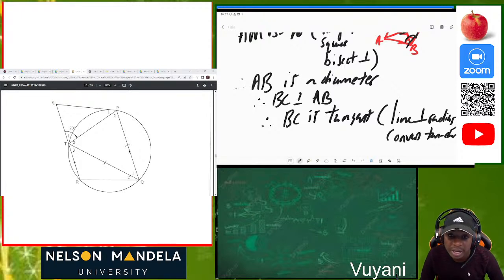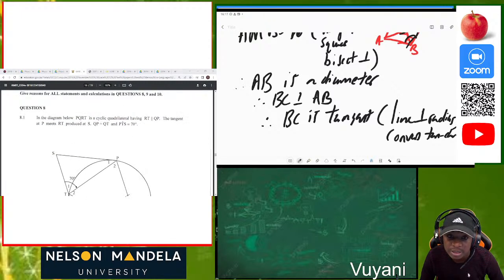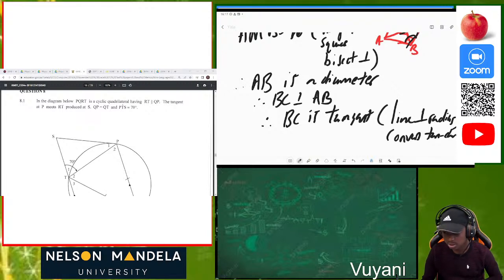We'll do question 8. Let's do question 8. Are we ready for Euclidean geometry? Right. So on question 8, in the diagram below,